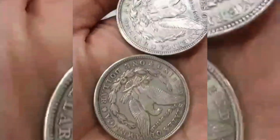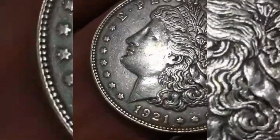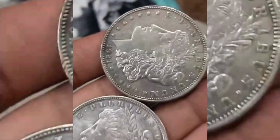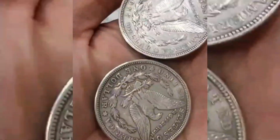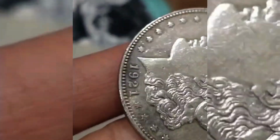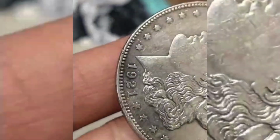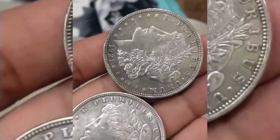and the moment it came to light, the numismatic world was stunned, with collectors speculating whether this coin was an officially sanctioned test piece, an accidental survivor of a destroyed batch, or even the result of clandestine experimentation by mint workers, a theory supported by anecdotal evidence from former employees and archival memos indicating that a number of experimental strikes and hub tests were conducted in 1921 under strict secrecy to prepare for the upcoming Peace Dollar series,